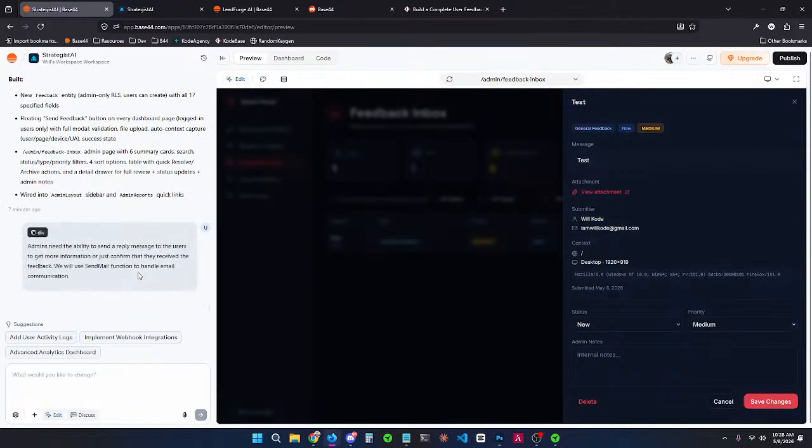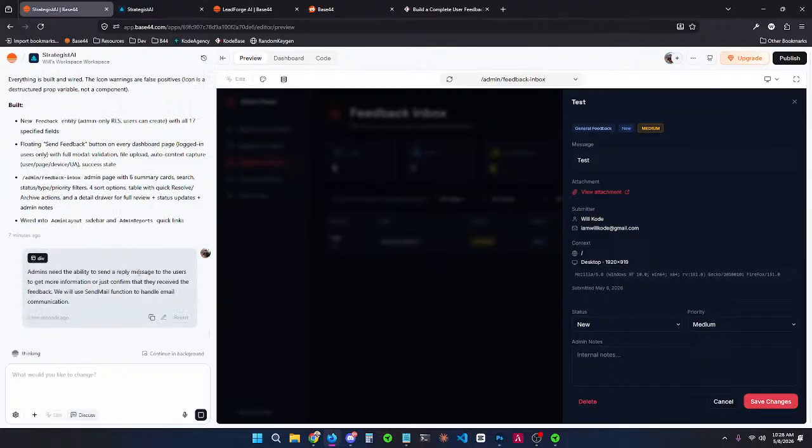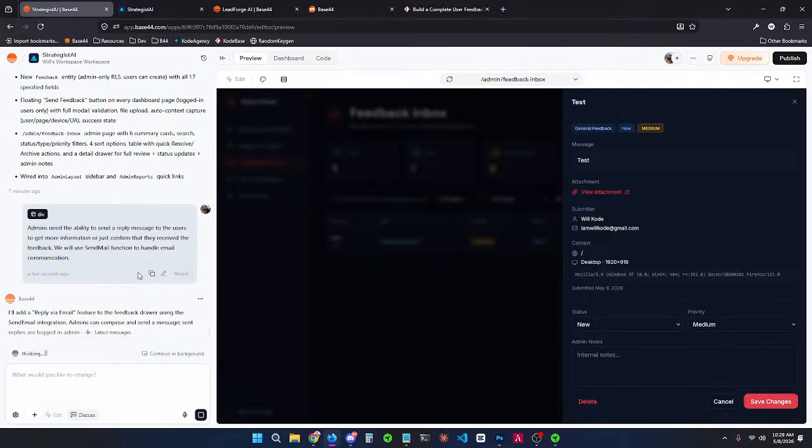We don't need anything too advanced for this, because I probably will integrate Resend, but I don't want to do it on this call because I think we